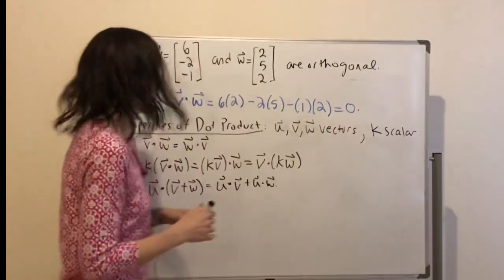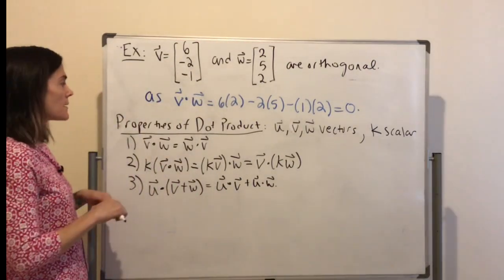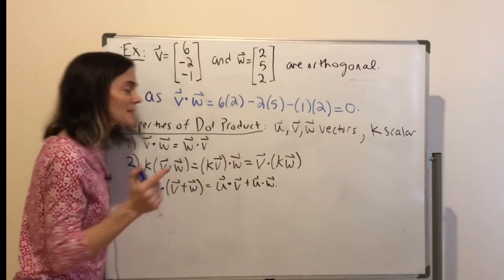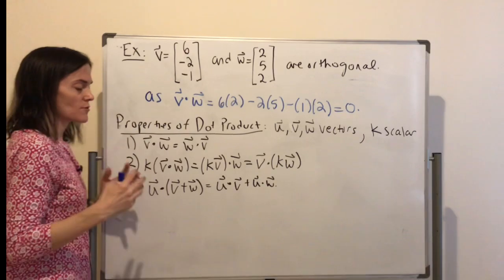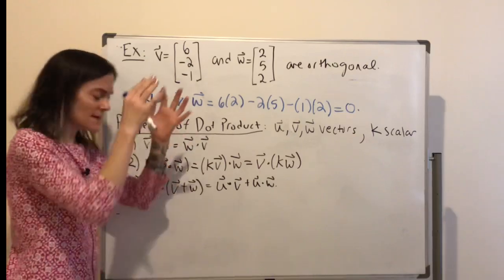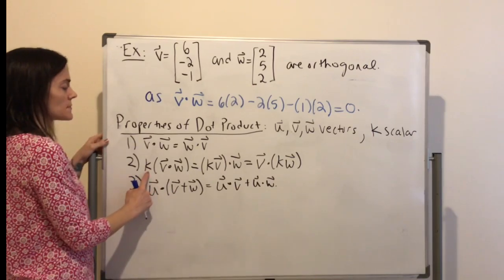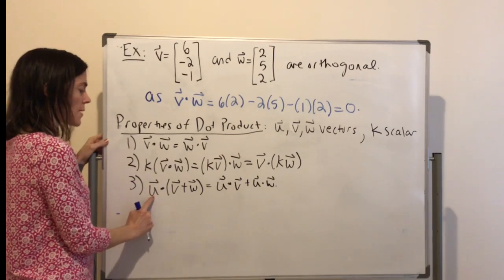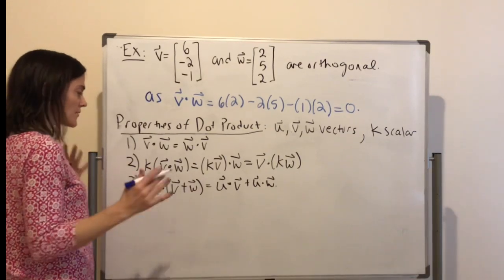These are the properties I wanted to mention. And most of them are pretty clear from, well, this one, I say very few things are obvious in math, but I'll say this first one is obvious because if you looked at either formula for dot product, either thinking about it as multiplying the entries and adding them up, or as the length of V, length of W, cosine theta, it's clear that you can do it in either order. And then here are some things about if you have a constant and the way dot product moves across a sum. Okay, so these are some properties, and there might be a couple more in the appendix.